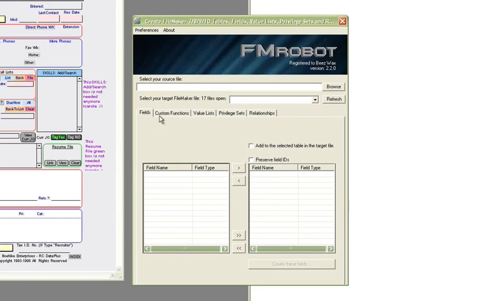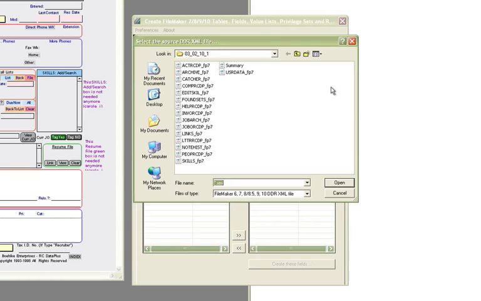And there are tabs here that you can use for doing different activities. And generally the way that these are laid out is what we would like to use. But we're going to start off first of all with our fields. And so what we're going to do is we're going to browse to the DDR that we created earlier. And we'll just do these one at a time in order. So let's just go ahead and start with the ACT